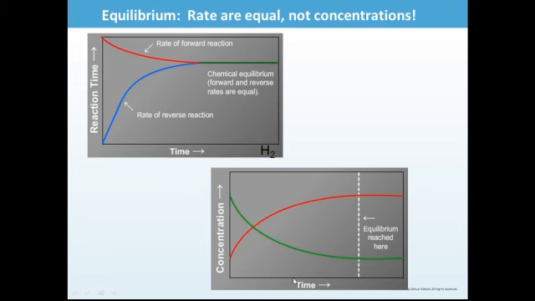Now how about down here? If we were to plot time and concentration, the green is going to be the reactants, the red is products. So let's say over time we start off with a lot of reactants, not a whole lot of products, and so our reactants, as soon as we start this reaction, they are reacting, so the concentration of them is decreasing while the products are increasing because we're now making them. And the products will keep going and the reactants will get less and less and less, and at some point